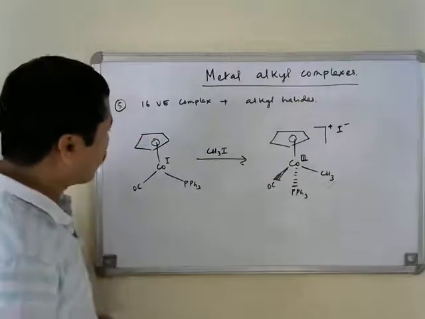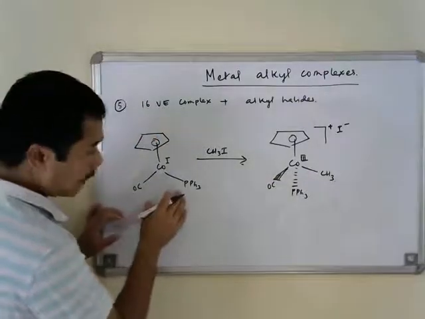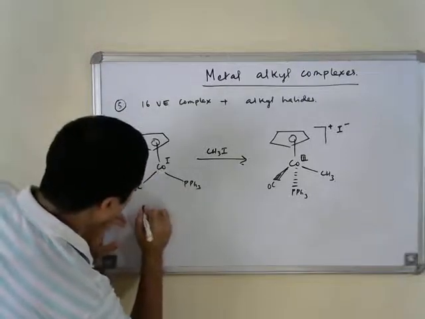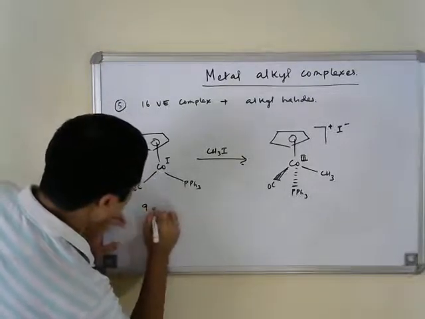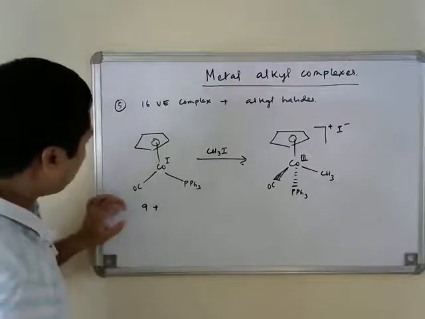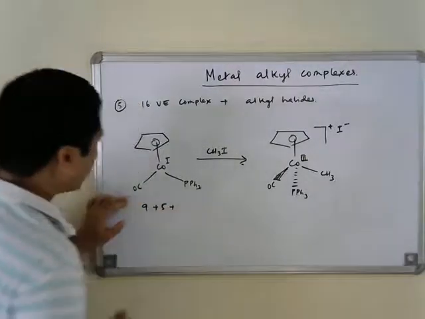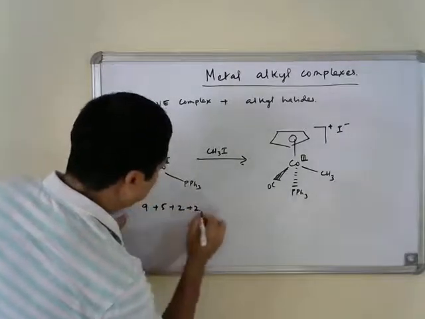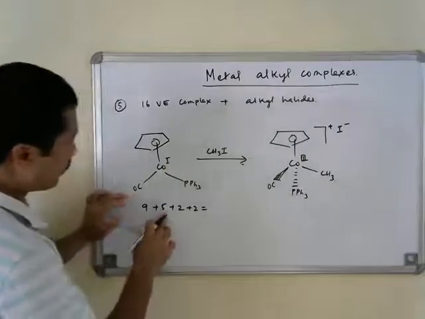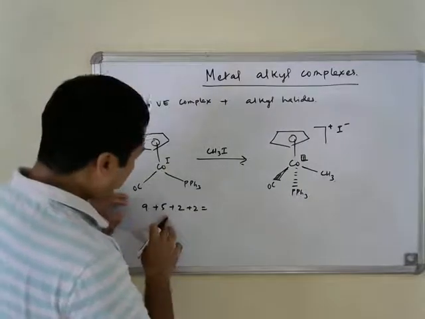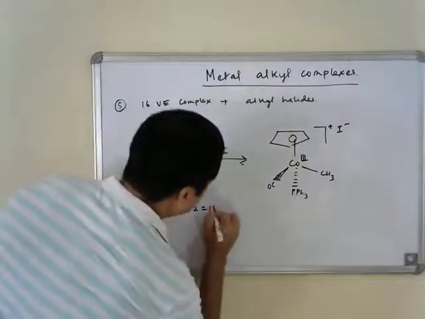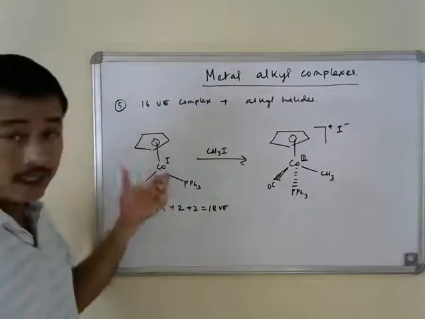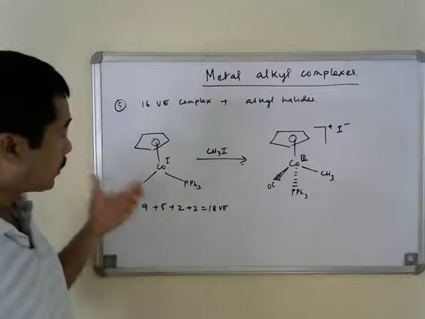So again, this is for the precursor complex. Now if you count the number of electrons, what you will find, cobalt is a d9 metal center. So 9 electrons from cobalt, 5 electrons from the Cp ligand, 2 electrons from carbonyl as well as 2 electrons from the phosphine ligand. So this is equal to 9 plus 5, 14 plus 4, 18 valence electron. So the precursor complex is an 18 valence electron species, it is not a 16 valence electron species, and